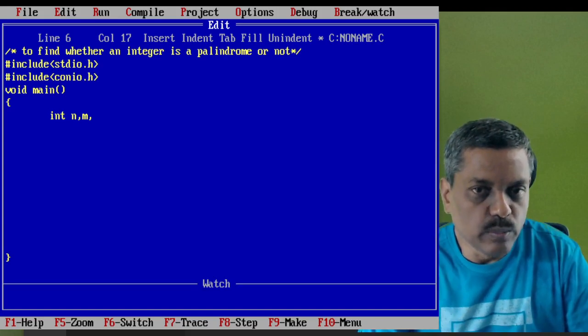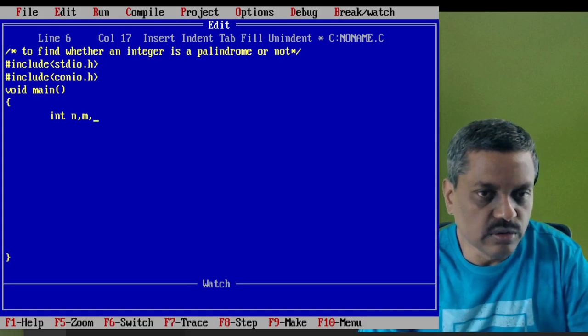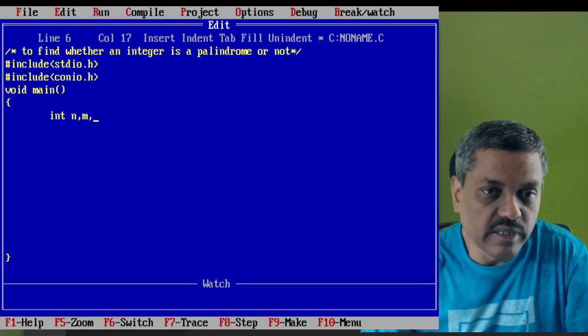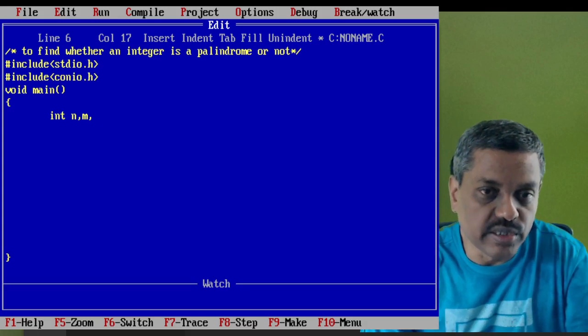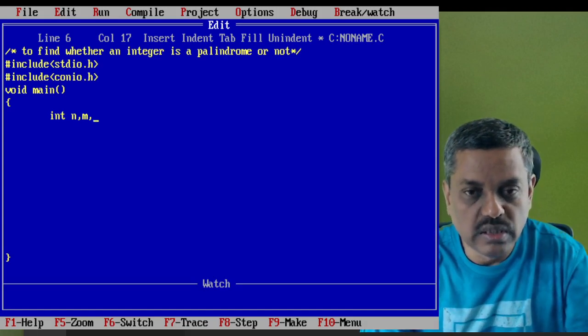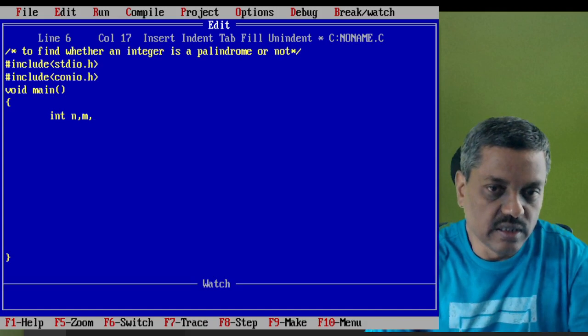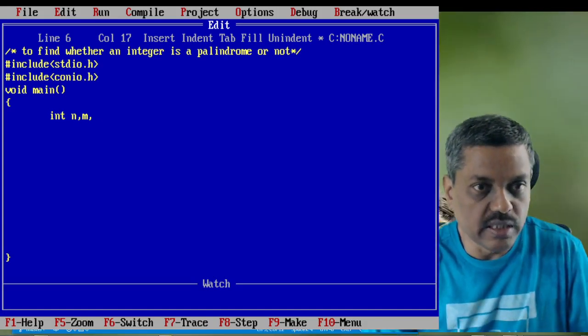To remove what has been extracted, suppose we remove 3 from 123, then we have to have only 12 in the next operation. So that is why an integer division should be followed. First we have to do this kind of modulus division, and then the second step we have to do the integer division. So let me try to do it for you by writing the code related to that.